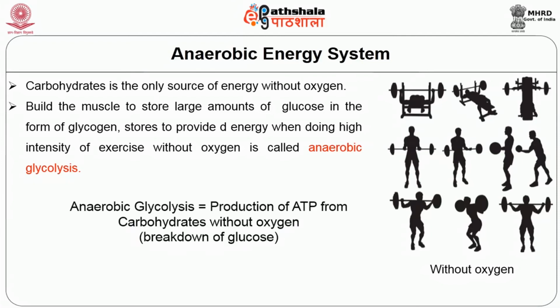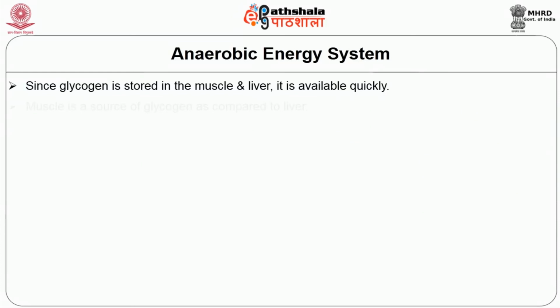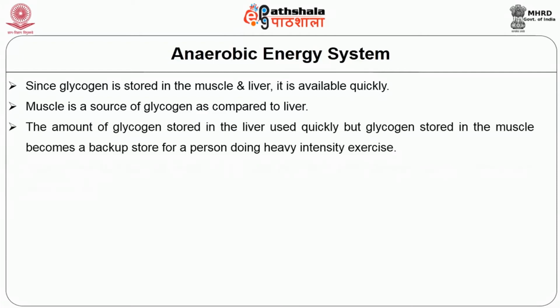Anaerobic glycolysis would also help in the production of ATP, that is, breakdown of glycogen to glucose and then to pyruvate without the presence of oxygen. Now, since glycogen is stored in the muscle and liver, it is available quickly. And let me reiterate that muscle is a much bigger source of glycogen as compared to liver. The amount of glycogen stored in the liver can be used up quickly, but the glycogen stored in the muscle becomes a very good backup store for any person who is doing heavy intensity exercise, or for that matter even enduring